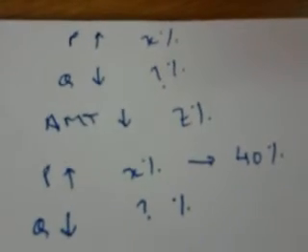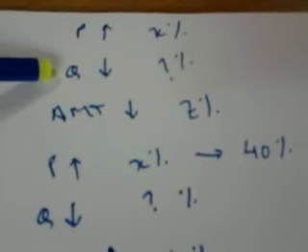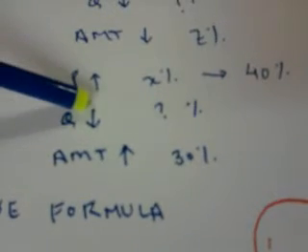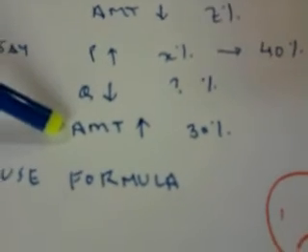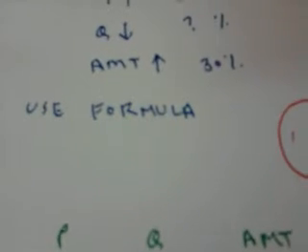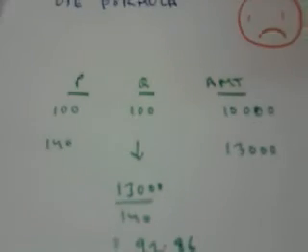Now there is a slight variation in the question. The question now is, price goes up by X%. How much should the quantity be reduced if the amount goes down or up by Z%, let's say. Say, the question says, price of a commodity goes up by X% or 40%. By how much should the quantity be reduced if the total amount spent on that commodity increases by 30%? Can we use any of the formulas that we just mentioned? I don't think so. So what do we do? We do the alternative method.